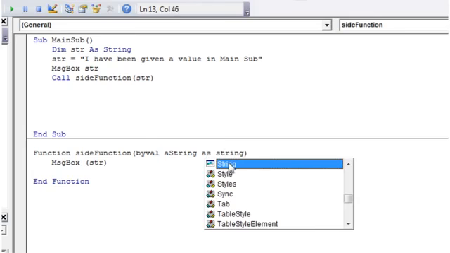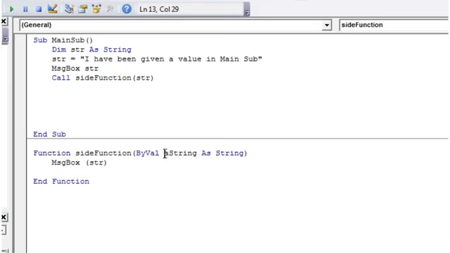So it's kind of like declaring a variable, except we're putting a ByVal at the start instead of a Dim. And then when we pass this string through, it's going to take the value of that string and put it into this function, and store it in a variable called aString. And then we're going to message box it out,